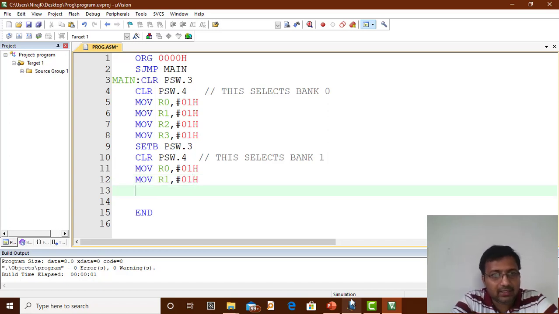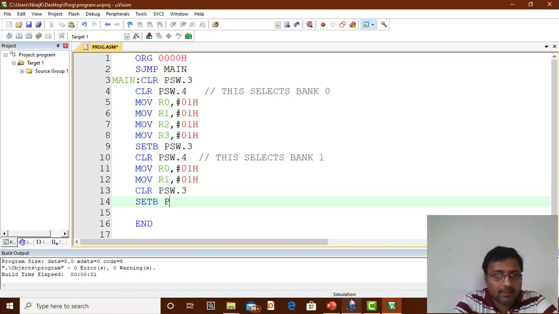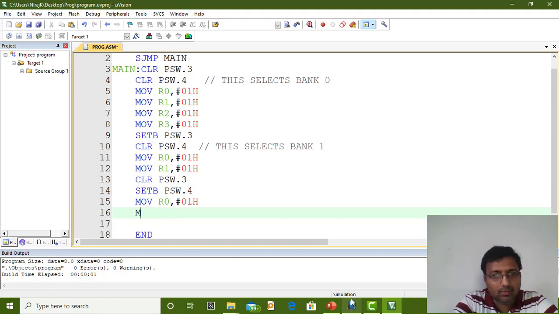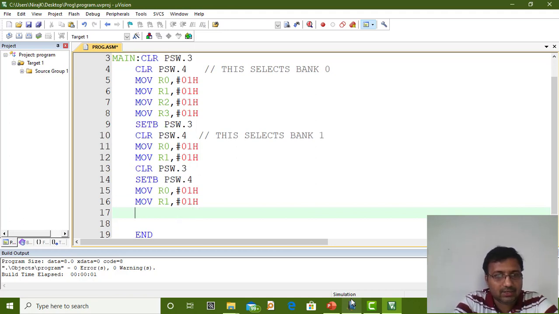Now I need to select bank 2. For that I need to clear PSW.3 and setb PSW.4. Then again I will load MOV R0, #01h and MOV R1, #01h. The same value I am loading. This selects bank 2.